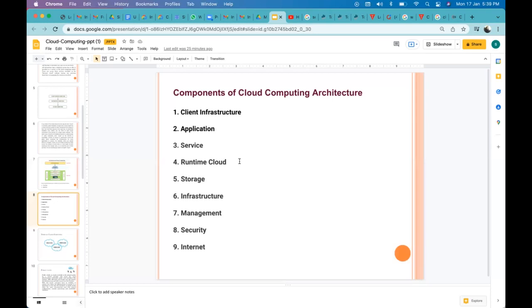Next, the runtime cloud. The next component of cloud architecture is the runtime cloud. The runtime cloud provides the execution and runtime environment to the virtual machines.